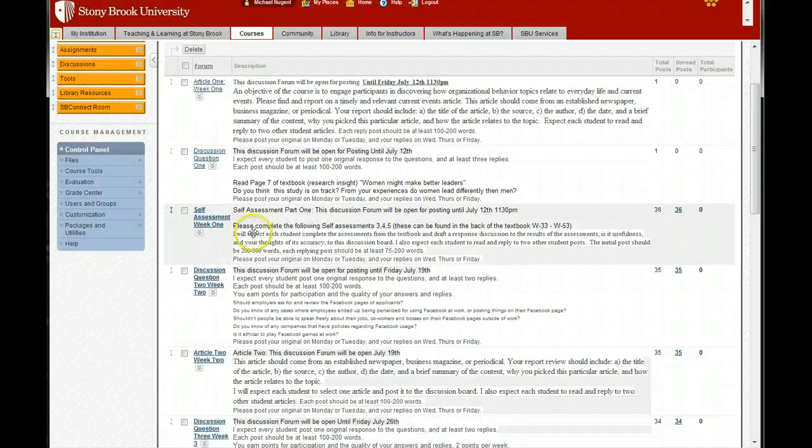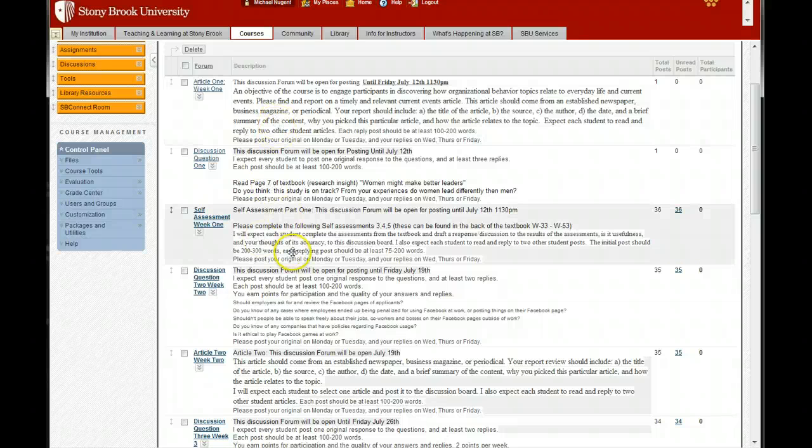And also in week 1, I have a self-assessment, part 1. And this is also related to your textbook, where there's an assessment section near the back of the textbook where I ask you to read. They're like sort of exercises in self-discovery. So I want you to read the exercise, respond to the questions, and then after you complete the assessment, evaluate the usefulness of the assessments, your thought of its accuracy, and also how it may have helped you with your career in some way. So that is week 1.